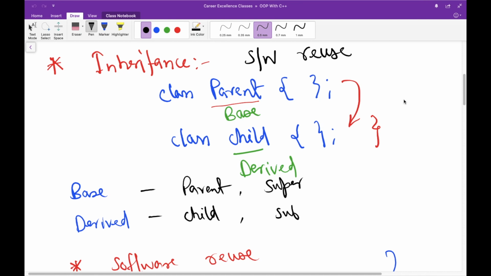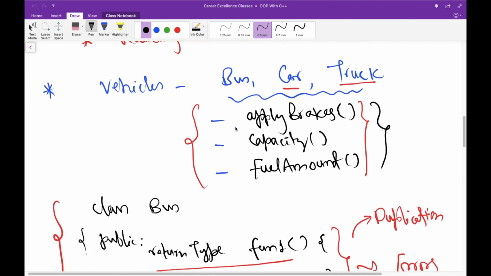We also discussed one example related to vehicles very briefly, and that we are going to see in detail in this tutorial. I will implement that example for you so that you are able to understand the way inheritance works. Clear? After implementing that example, with or without inheritance, you will be able to understand the importance of inheritance and appreciate it more. All right, so let's start. We have a vehicle class, and then we have these three classes and these three functions, right? So I will move to the editor and code it now.